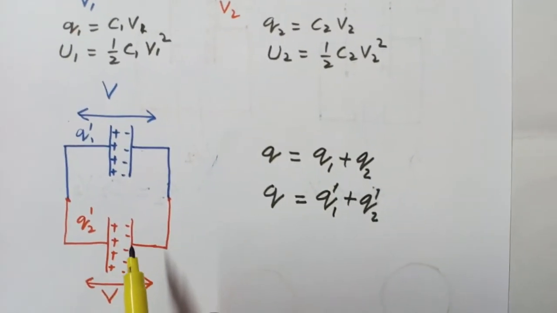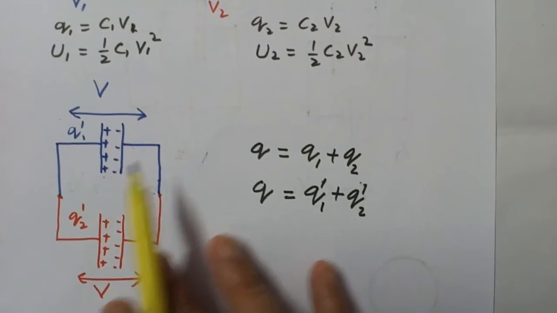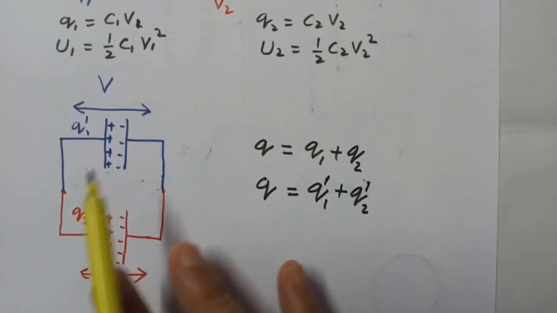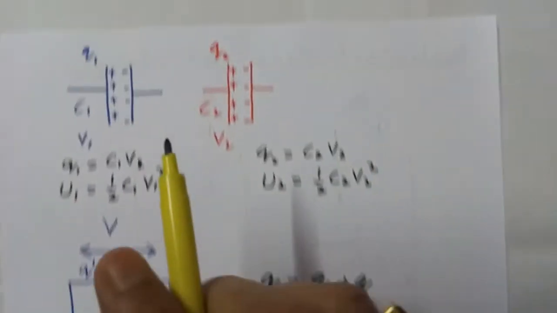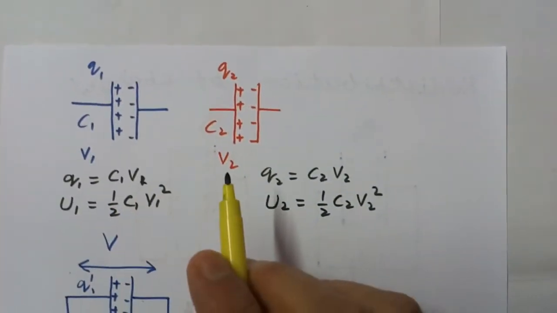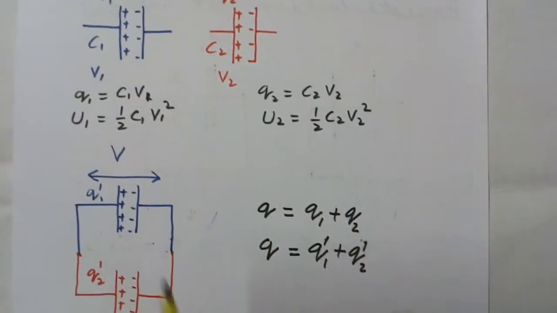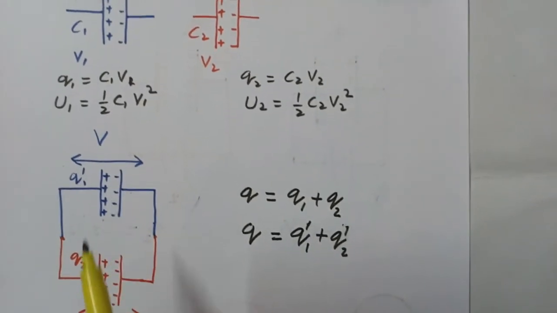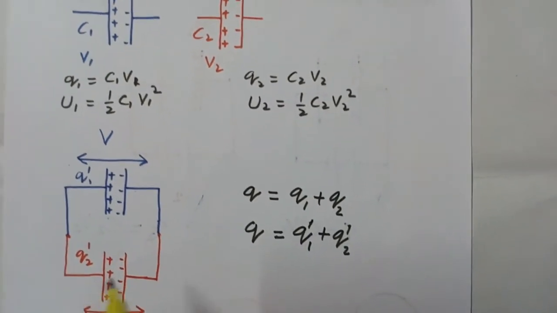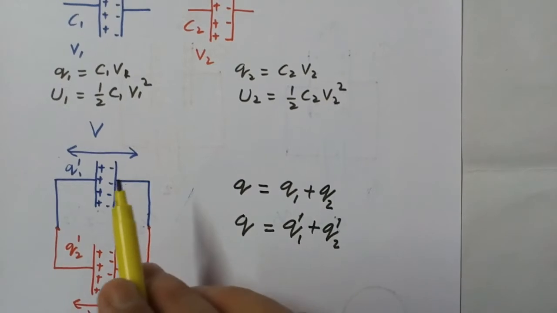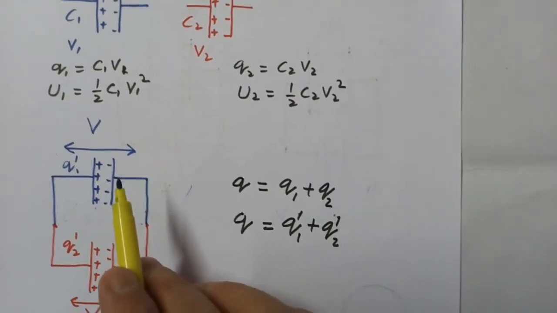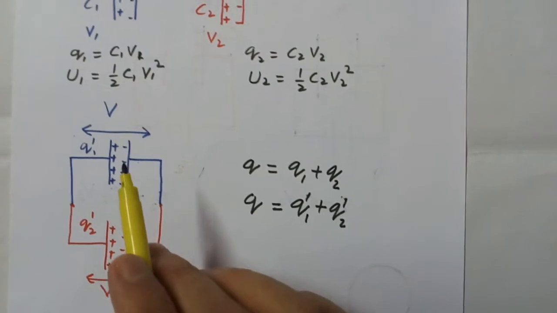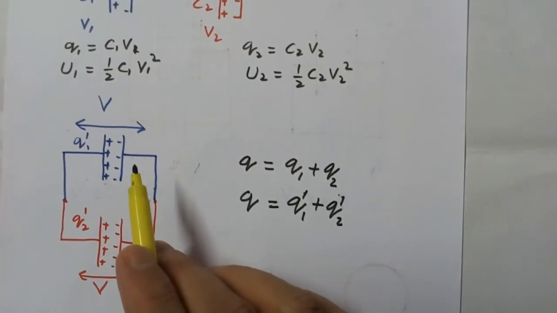and negative plate of the first capacitor to the negative plate of the second capacitor. Now there will be charge distribution and charge will flow from higher potential to lower potential. Suppose V1 is greater than V2, then charges will flow from the first capacitor to the second capacitor till the potential across the capacitor plates becomes constant. Then the flow of charge will stop.